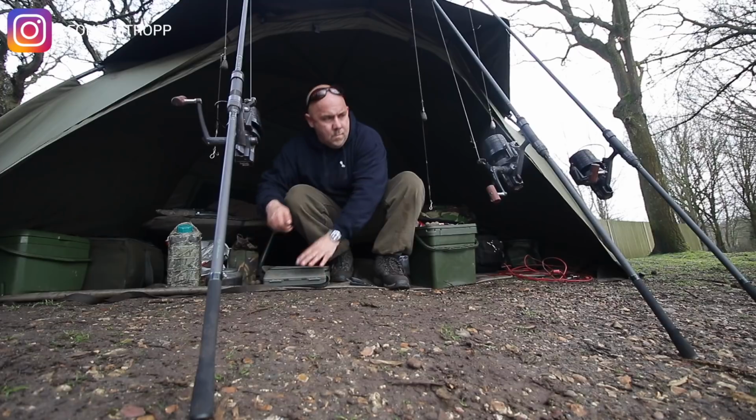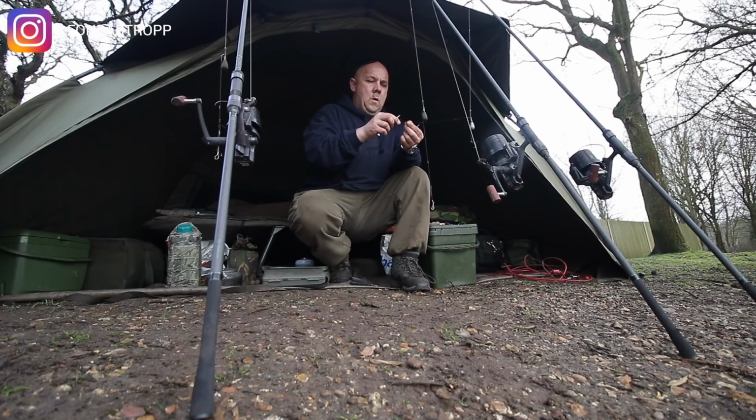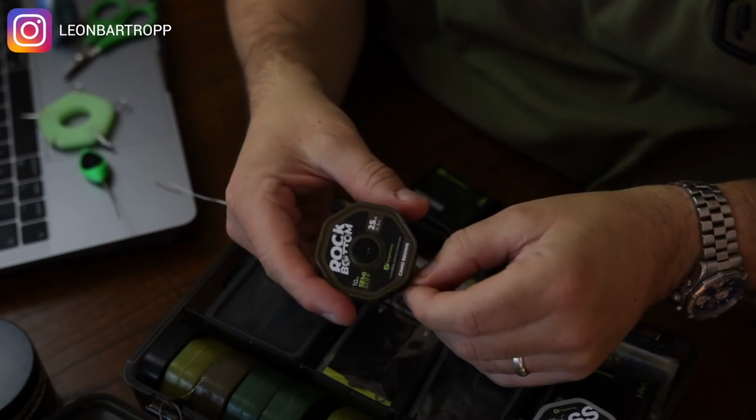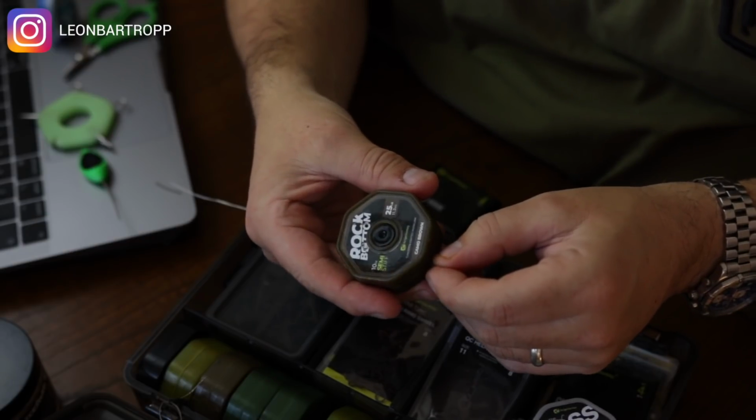So the first thing I think about when I'm going to tie the multi-rig is, what am I going to be fishing over? If I'm going to be fishing over a hard area, or gravel, or just a hard polished off sand or whatever it is, I like to use a stiffer hook link. The harder it is, the stiffer it is; the softer it is, the more supple a hook link I want to use. And you can even